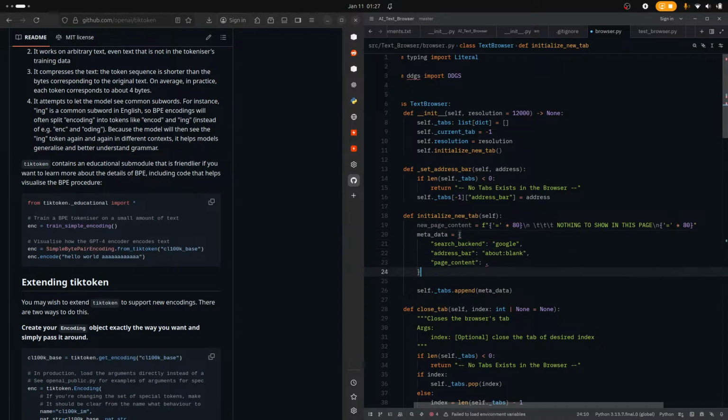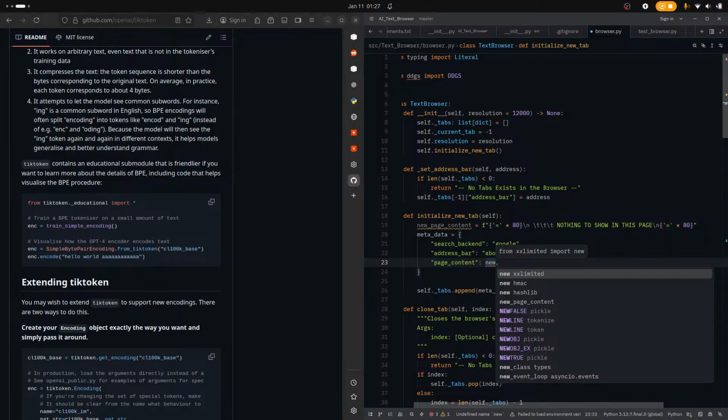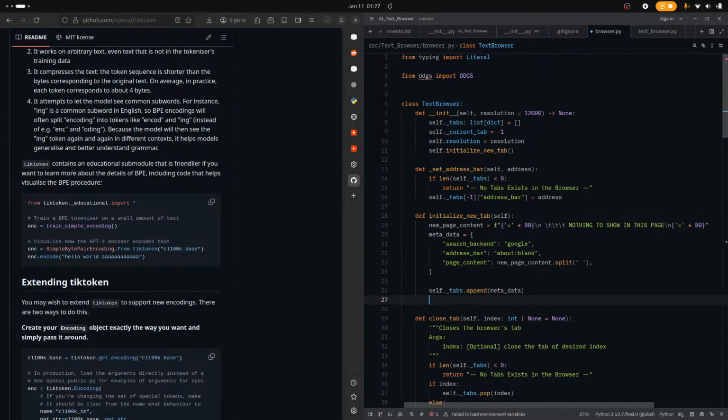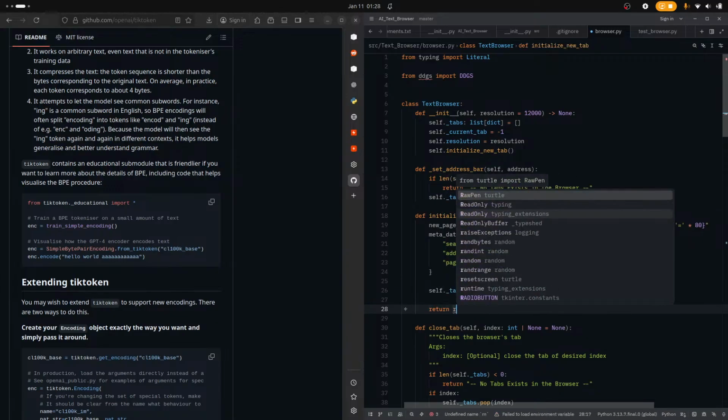Then what we're gonna do is new page content dot split. Alright, and here also, if we wanna return new page,